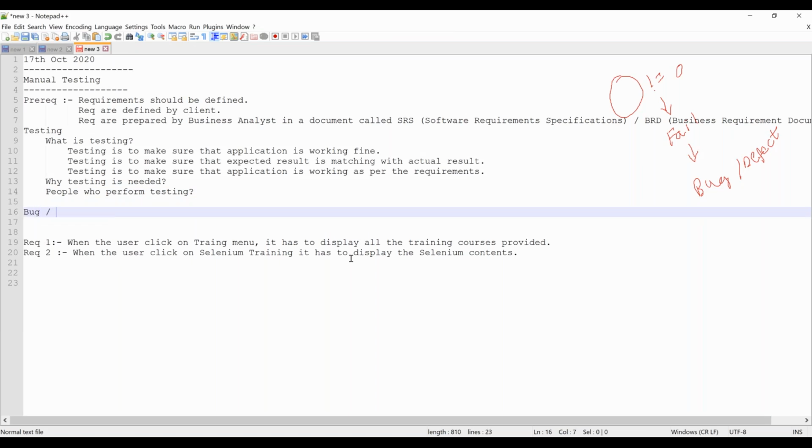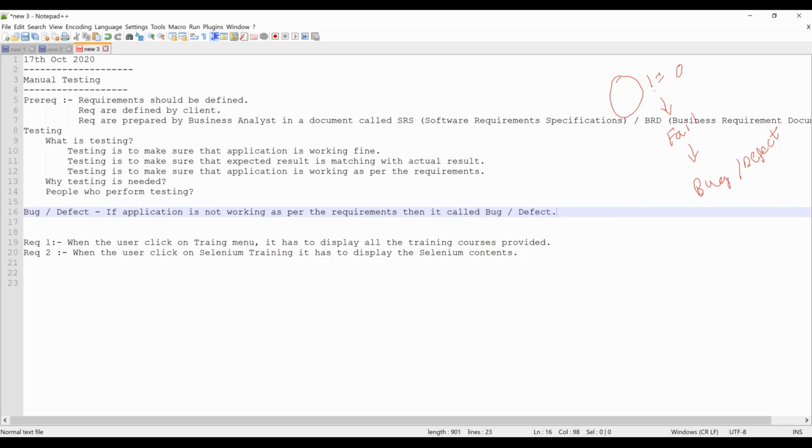Bug or defect. So what is this bug or defect? If application is not working as per the requirements, then it is called bug or defect.